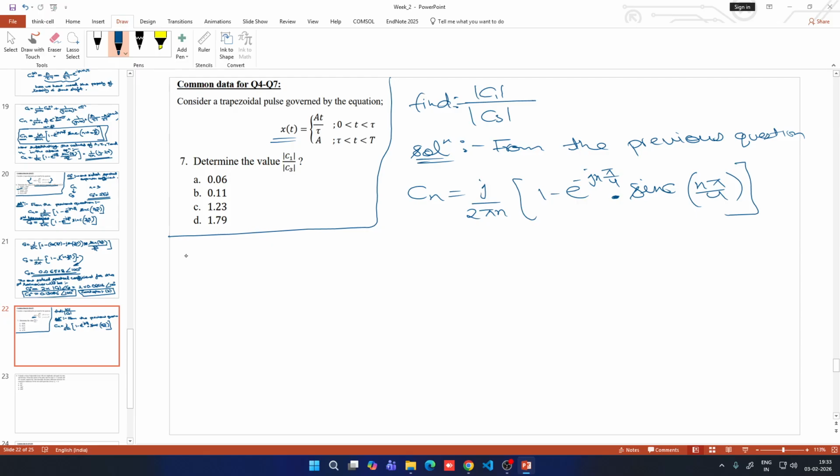Now the value of the first harmonic is... We are finding these harmonics because in EMI EMC we are worried about till the fifth harmonic or the fourth harmonic of any signal, because after that there won't be any significant amplitude left. So that's why we are talking about harmonics. The value of first harmonics is